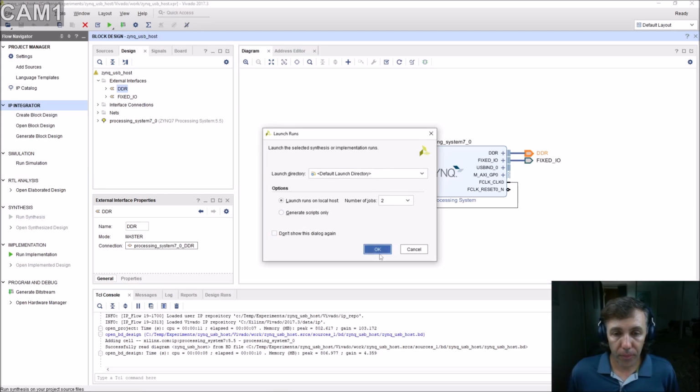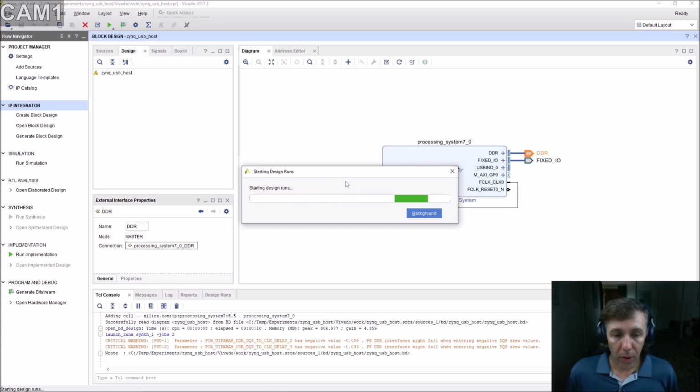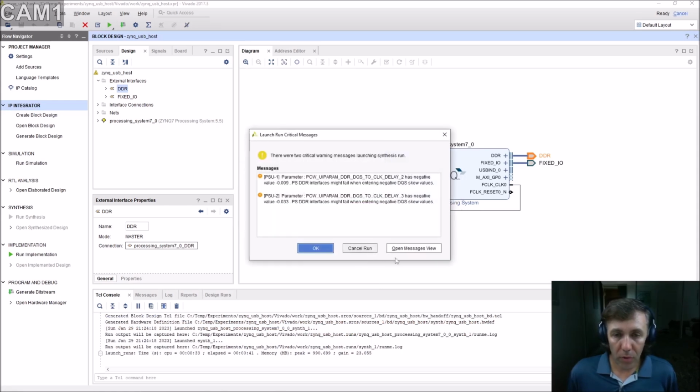and see what happens. It will come up with 2 critical warnings, but to me it looks like there is something missing on the configuration side provided by the vendor. I think it is going to complain about 2 DDR lines and DDR memory. Well, if it is incorrectly configured, then it's not going to work at all. Well, we can demonstrate that it is working fine without any issues. Yes, it is something related to DDR clock delay, which we're going to ignore for now,